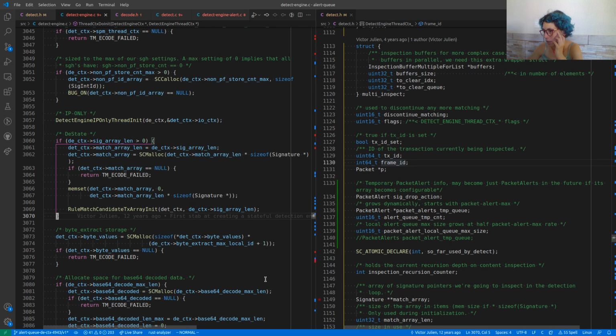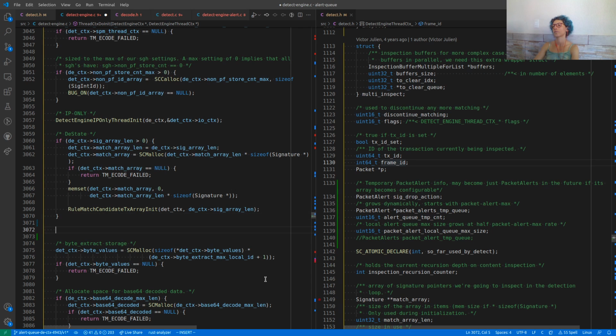And I think, do we have access to packet alert max from here? We will find out. Do I need an if?